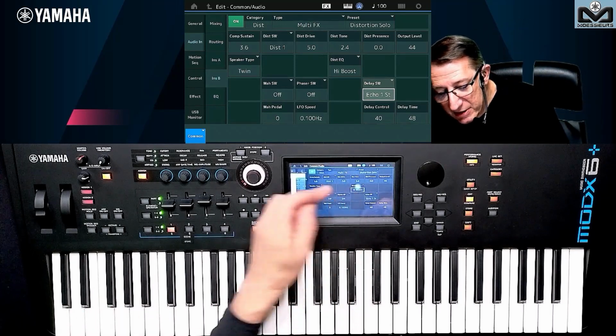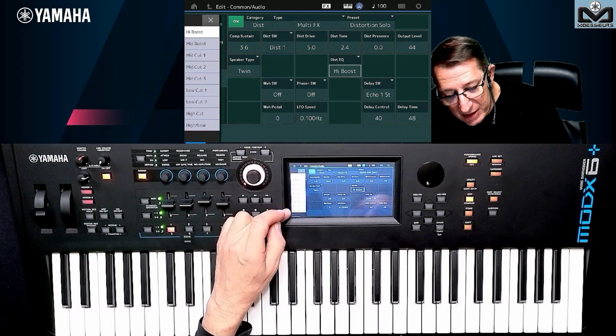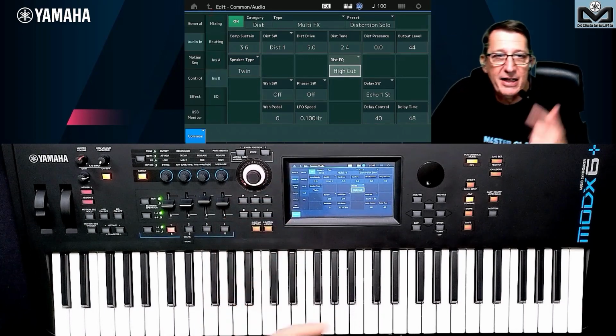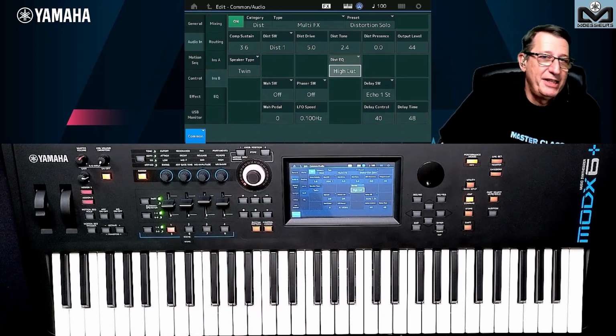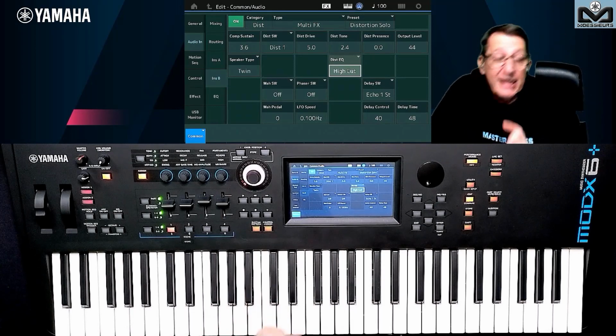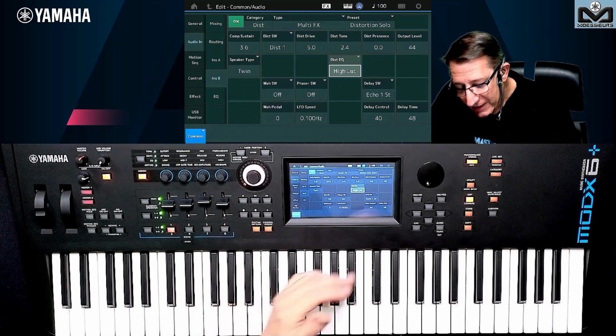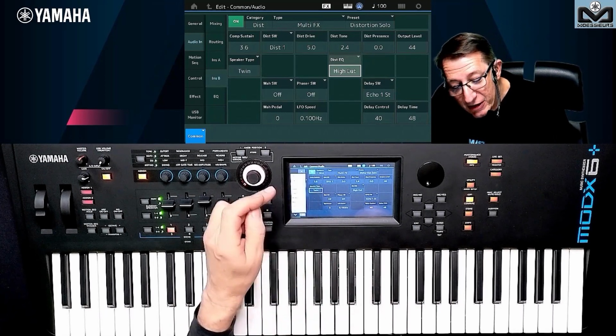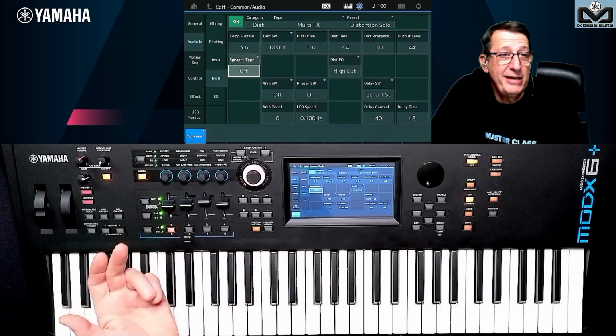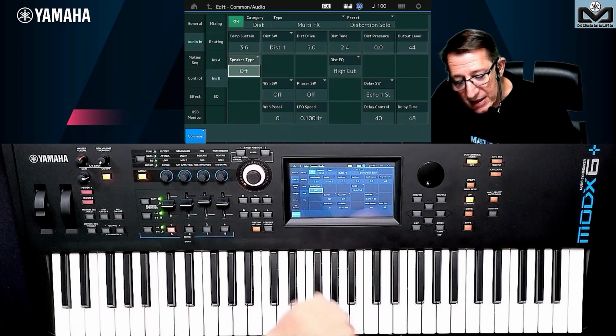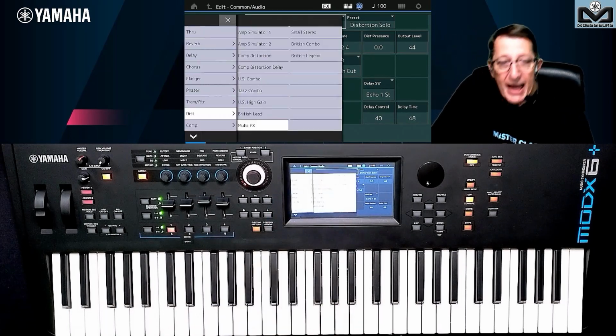You have an equalizer here, so you can cut like this, and no breath. So very easy. You see the trick? It's very easy. It changes the sound a little bit, but you remove this that we have for the speaker emulation. Of course, you can put the speaker emulation off. Also, you reduce the noise like this.